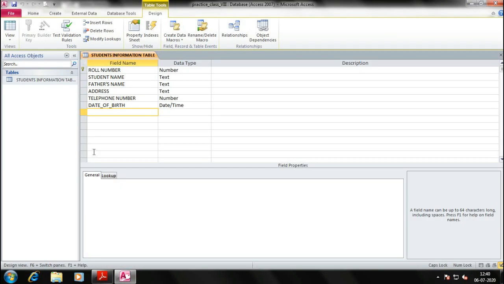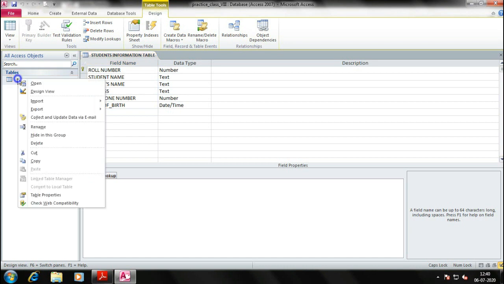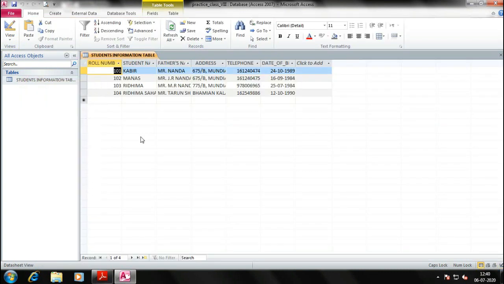It's not date sheet view, it's data sheet view, where we'll actually be having data. Either you right click and open it, it will automatically open the data sheet view. But if you are going with more accuracy, you should click here in the home tab, views.